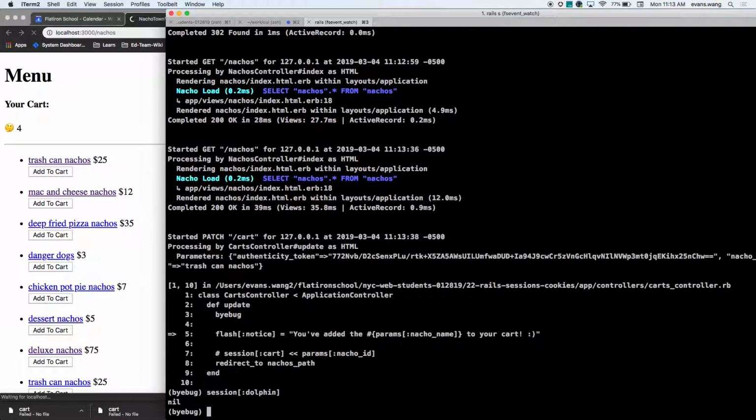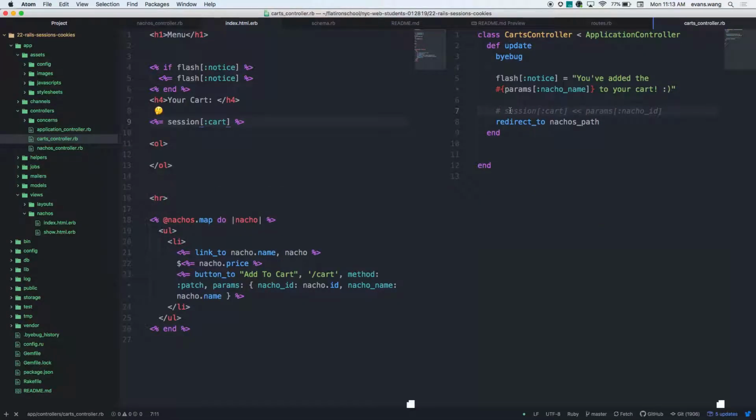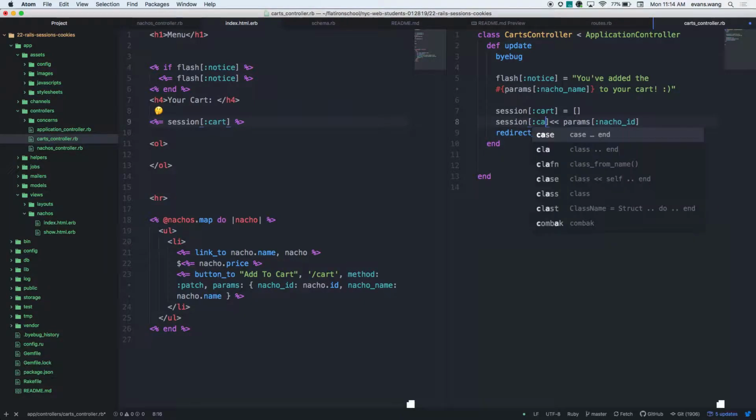I have to create this array first. So for some reason, I need to be able to do something like this, and then session at a key of cart push. How does session exist? It's a very good question. Every single request, Rails will create a session for you. If it exists, it will utilize that same session. So without a login or anything,